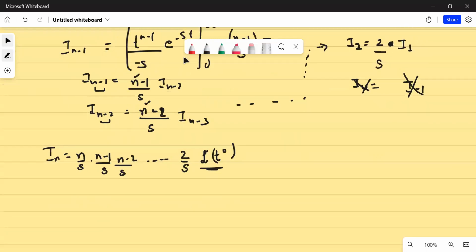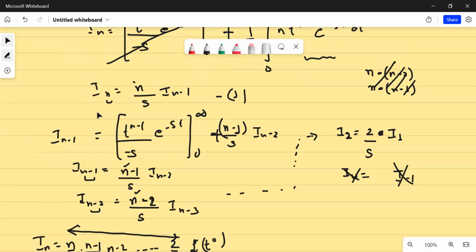Recursively, because okay, now you see that your In, how many terms are here, how many terms are here. So what you will find that यहाँ पर कितने terms रह गए. So I started with like, so there are n कितने terms होंगे 2 से लेकर n. एक कोई गलती हो रही है, चेक करो। एक कोई गलती कर रहे हम लोग। In is this n upon s In minus 1, fine, ठीक है।